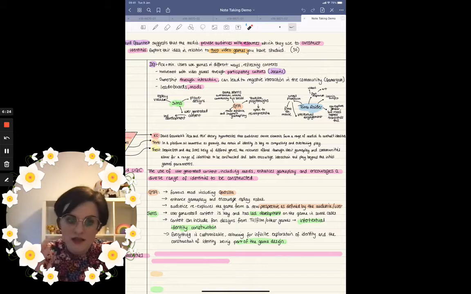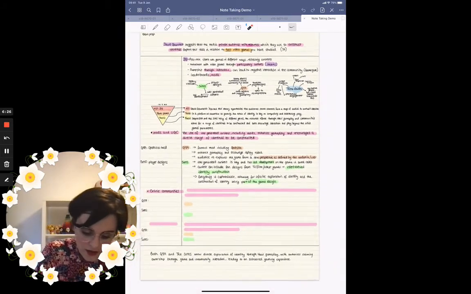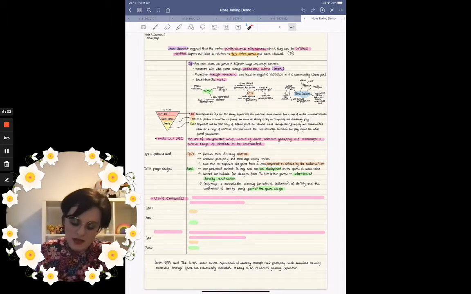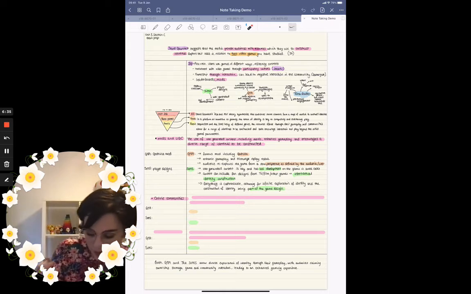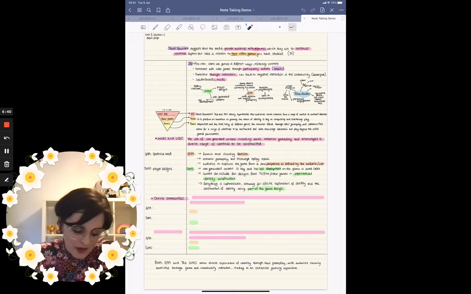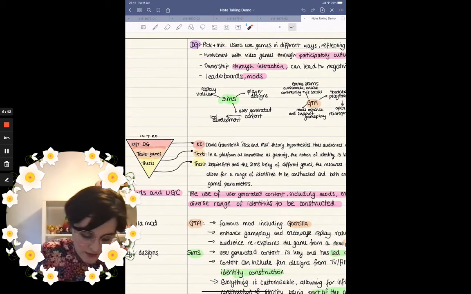I've decided, as you can see, so I've colour-coded each text separately, and then the key points that I wanted to make, I've put in pink. So I decided that I'm going to go with The Sims and Grand Theft Auto. And then I've got the introduction triangle. Miss Hassan's